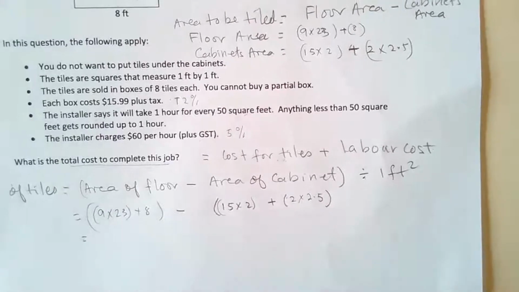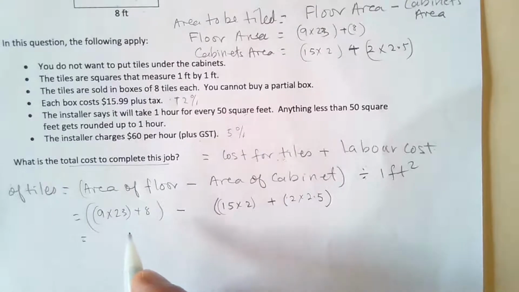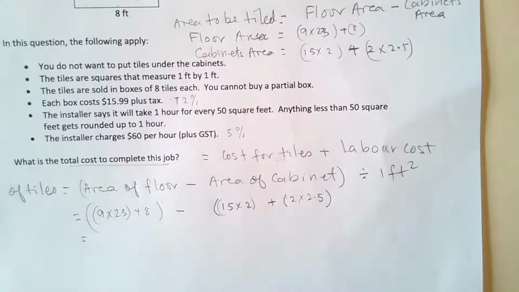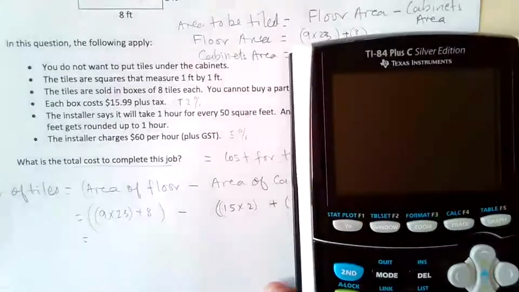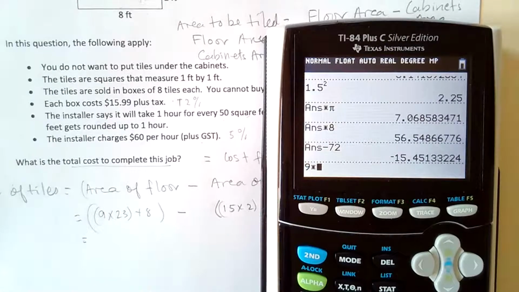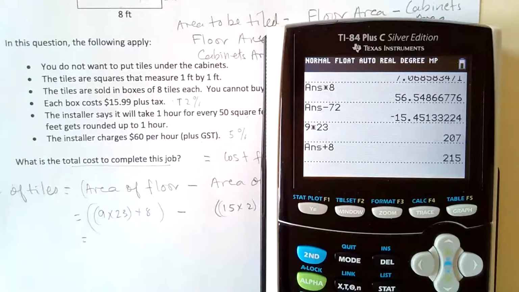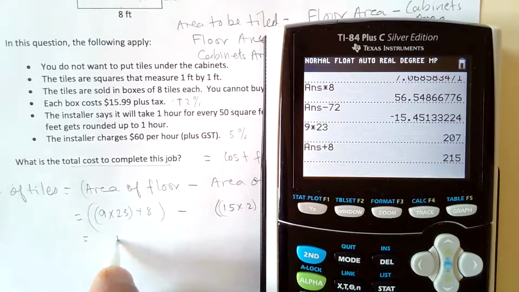We can conclude then that the number of tiles will be equal to 9 times 23 plus 8, which gives us 215. So we have 215